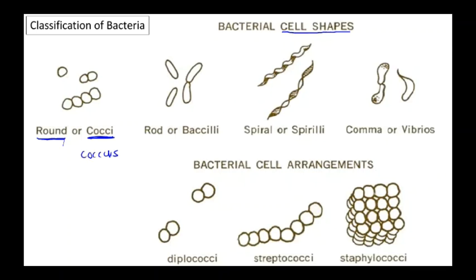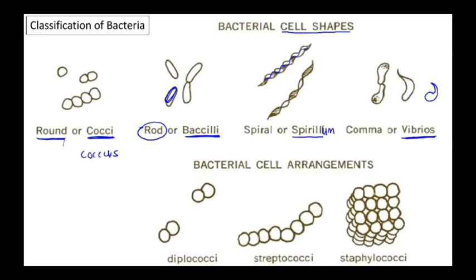While if the cell shape is like a rod, then we call it bacillus, rod-shaped, as shown in this picture. If it's a spiral shape, like twisted, we call it spirilla if it's plural, and spirillum if it's singular. Another one you can see here, the cell shape is a bit like a comma. This one is what we call vibrio. So from the name of the bacteria, if it says vibrio, spirillum, bacillus, or coccus, all this tells the shape